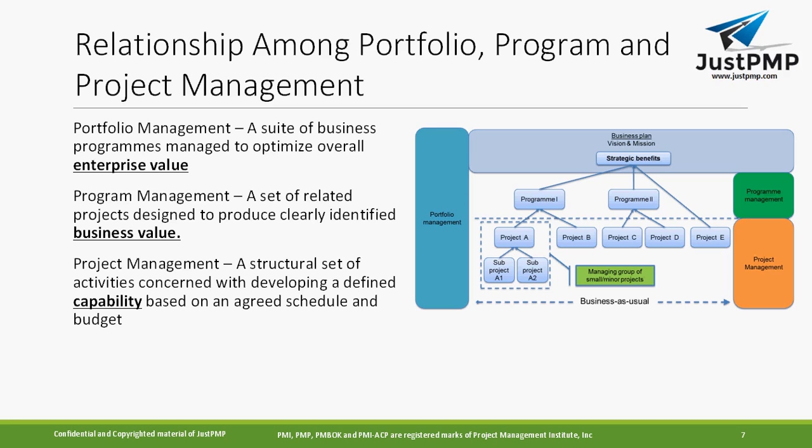So this is the relationship we are talking about. Try to remember portfolio on the top, and above the portfolio you have OPM, which is organizational project management. The basic things we are going to cover here are portfolio, program and project. A portfolio includes multiple programs as well as individual projects, and within a program, if you talk about program management, you can have multiple projects.